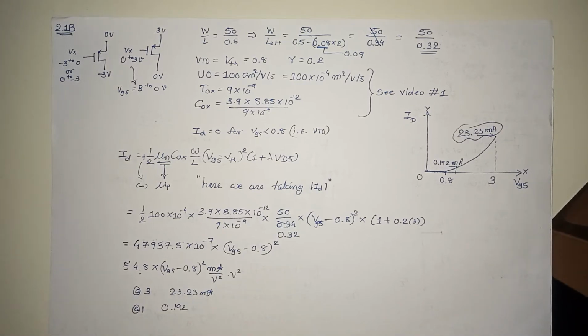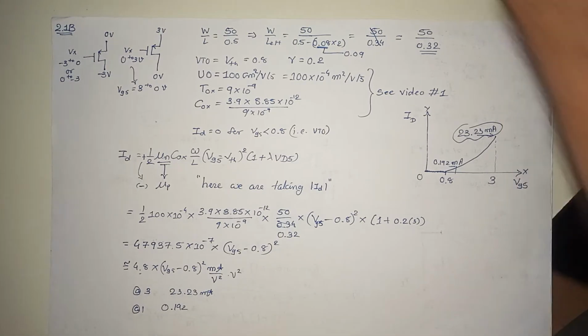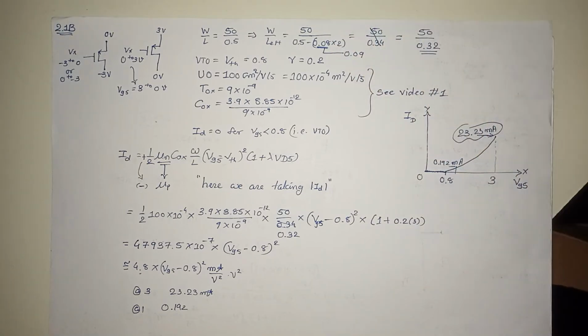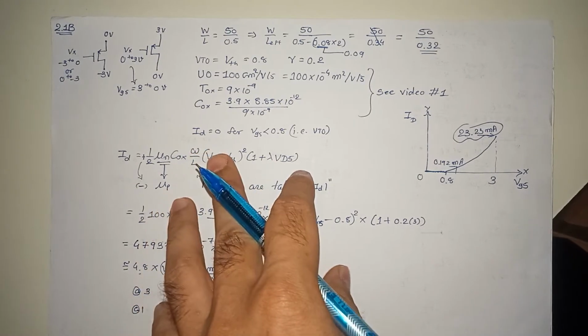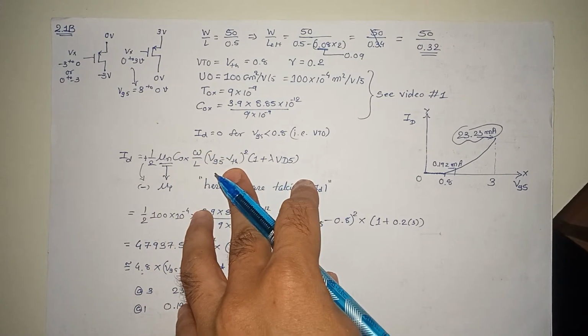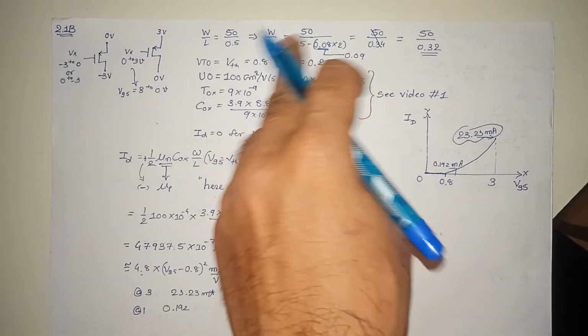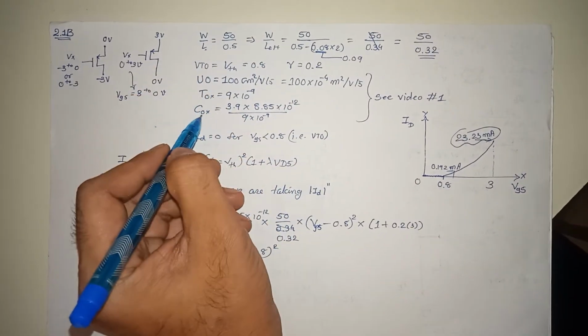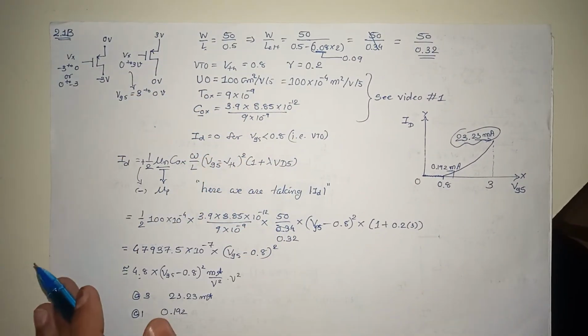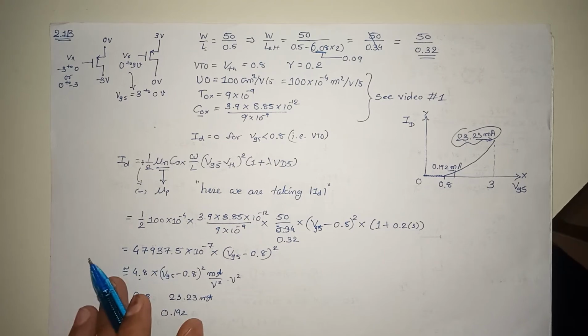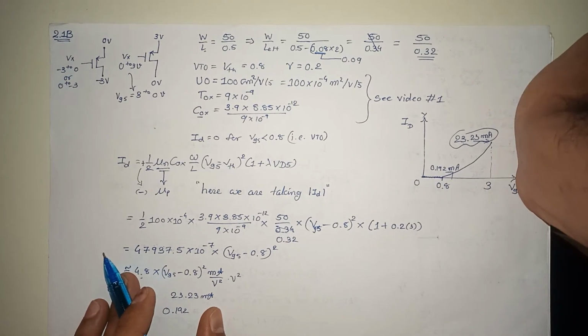Okay, so this is the second part of problem number 2.1. We already saw the idea of NFET, how we can derive that and how we can plot the ID. Here we will talk about PMOS. This video is going to be very short. If you have any doubt how to get the COX, you can refer to the first video. The first video is the solution of 2.1, the first part.